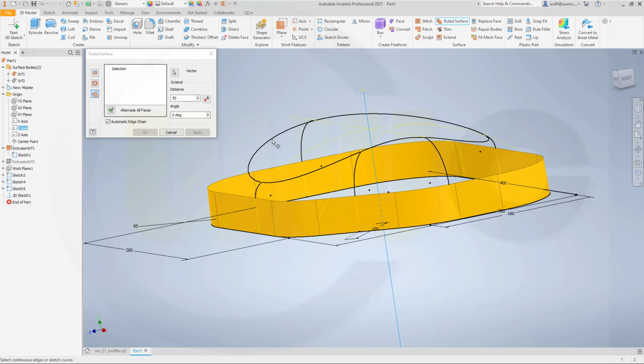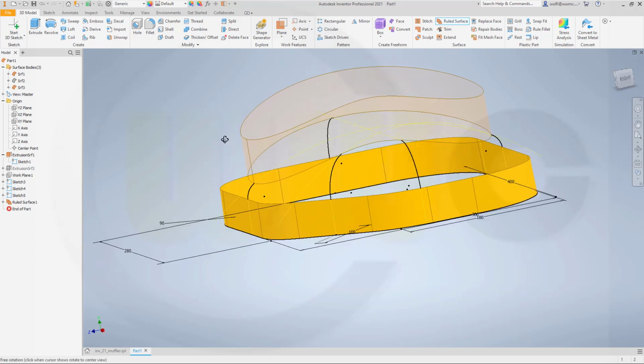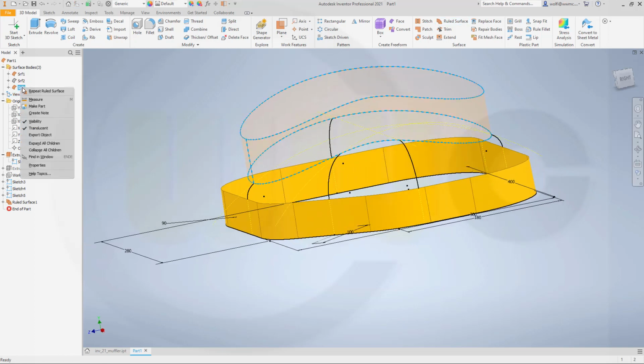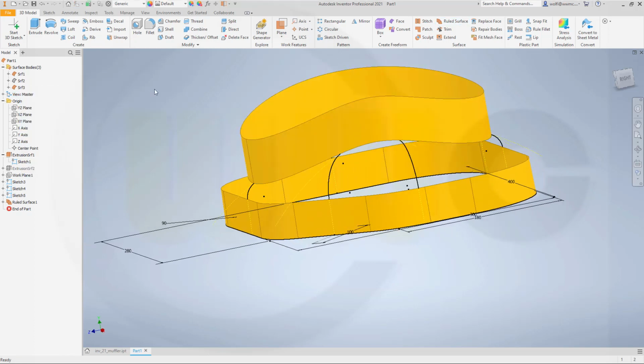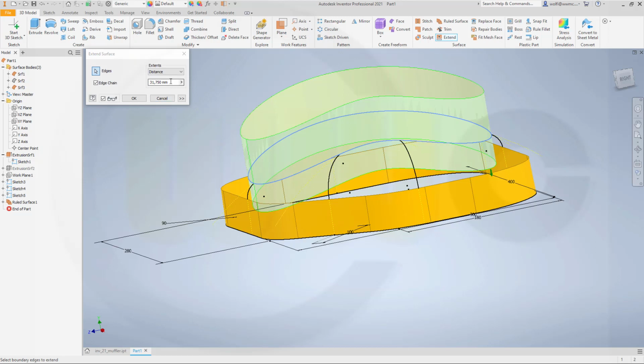Select the curve, that would be the curve. So go here, select the curve, and okay, angle is 0. Make it not translucent. Now I want to extend this, so go for extend, select the edge, and maybe 50